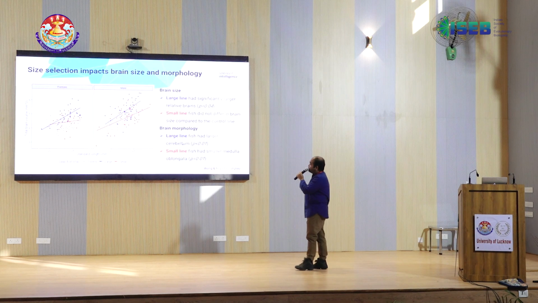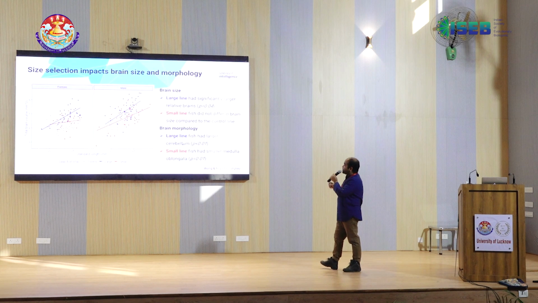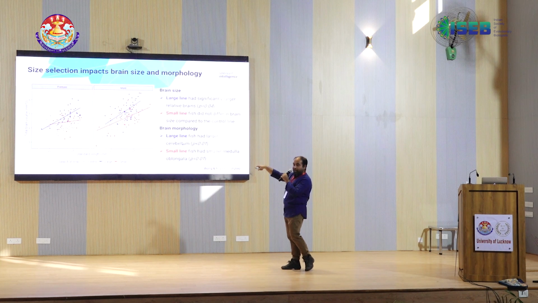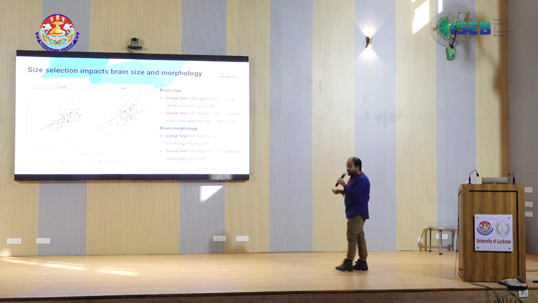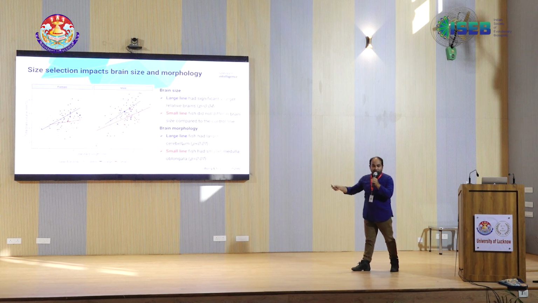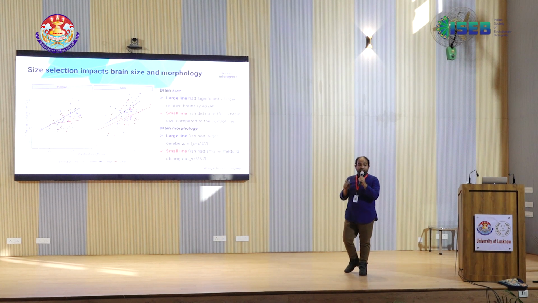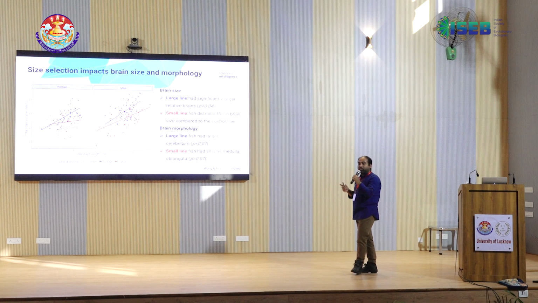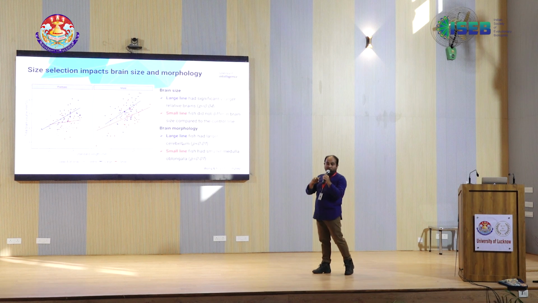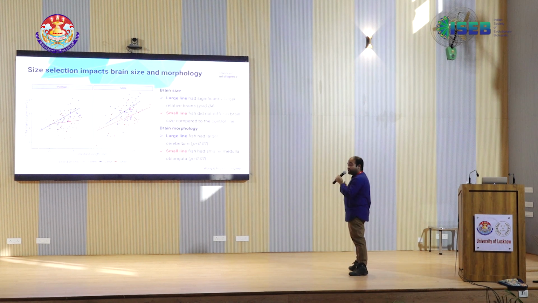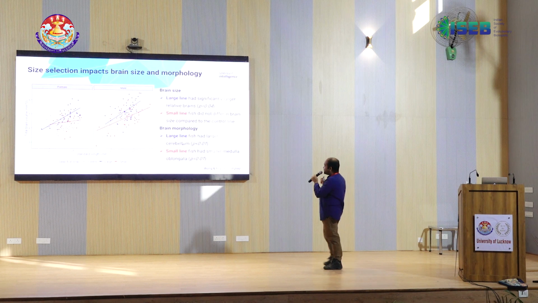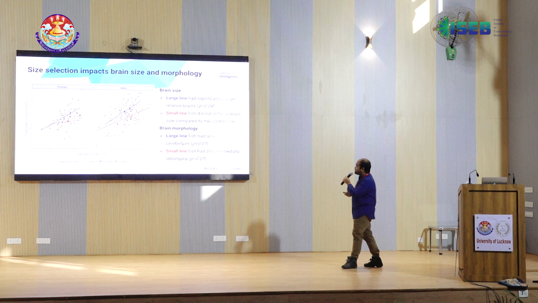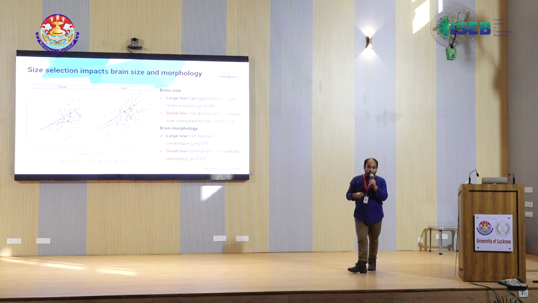So what did we see? When we compared the brain sizes across the different selection lines, as you can see in the plot where we plot the brain volumes across standard length, the large line fish evolved significantly larger brains compared to the control, but we did not see this effect in the small line fish. So this partially agrees with the energy expenditure hypothesis that I talked about before. We also saw changes in the brain morphology. Large line fish evolved larger cerebellum size, while the small line fish had smaller medulla oblongata compared to the control line.